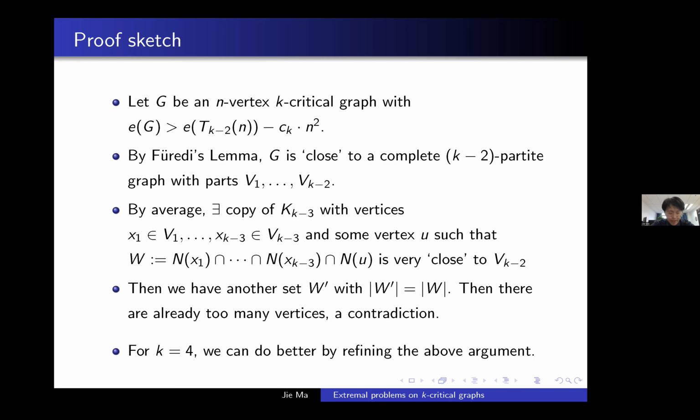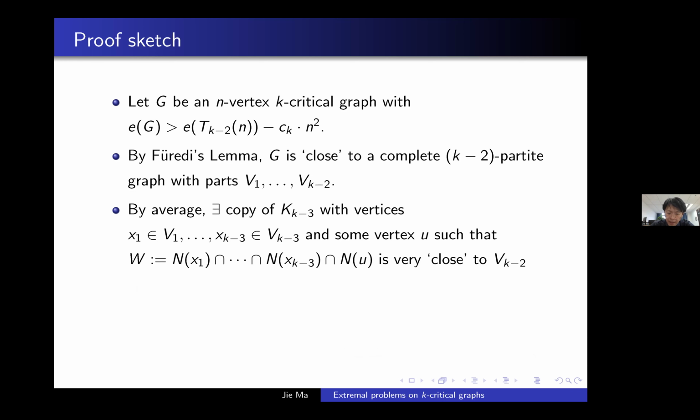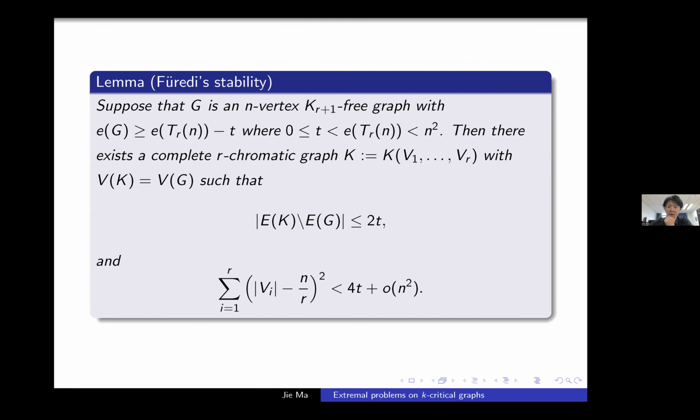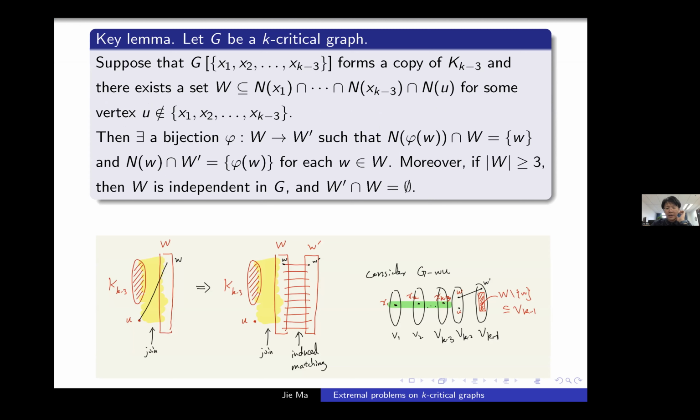For the case when k is 4, actually we can do better because instead of using Füredi's stability, we just take a typical C4, and then we look at the local structure around those 4 vertices. But the thing is, one technical thing we are not able to overcome is